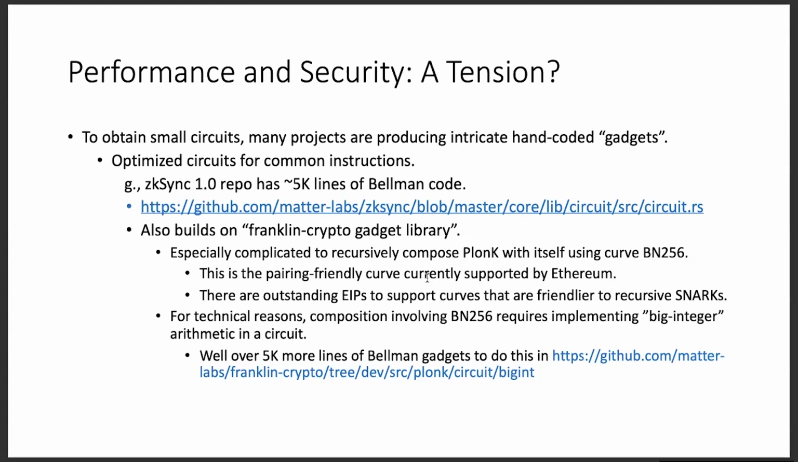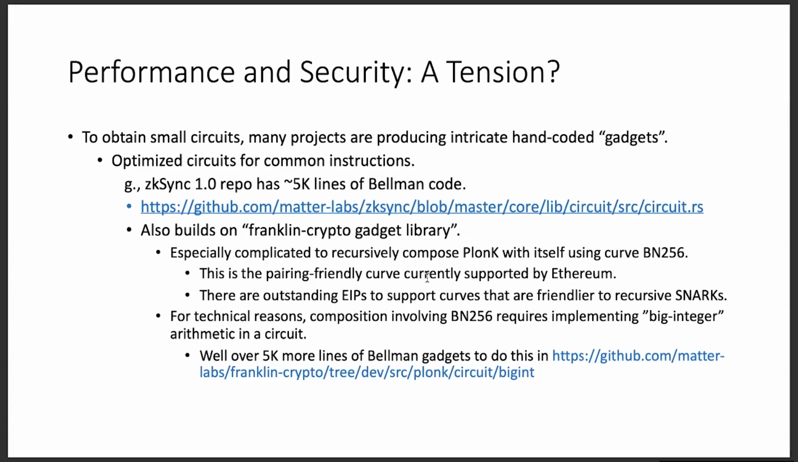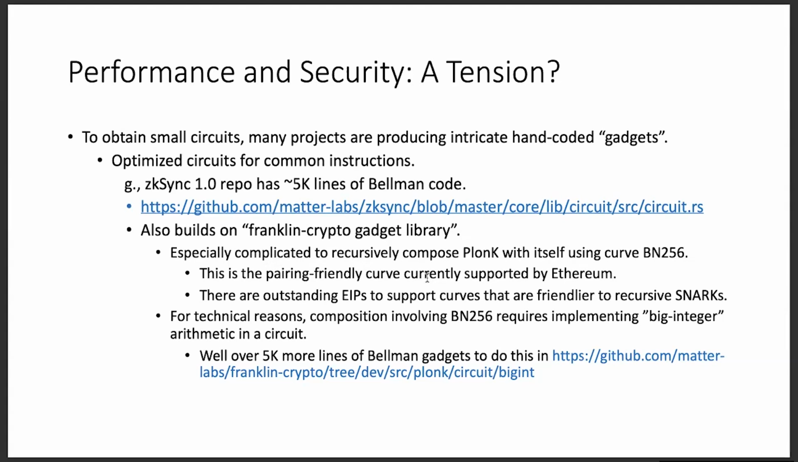And so achieving this when they did in 2020 is a huge engineering accomplishment. But it's complicated to make that efficient. The circuit's really reasonably small. So that's 5,000 or 7,000 lines of Bellman code, just in one repo to handle big integer arithmetic. So just to be clear, these efforts are some of the most innovative, important engineering efforts in the